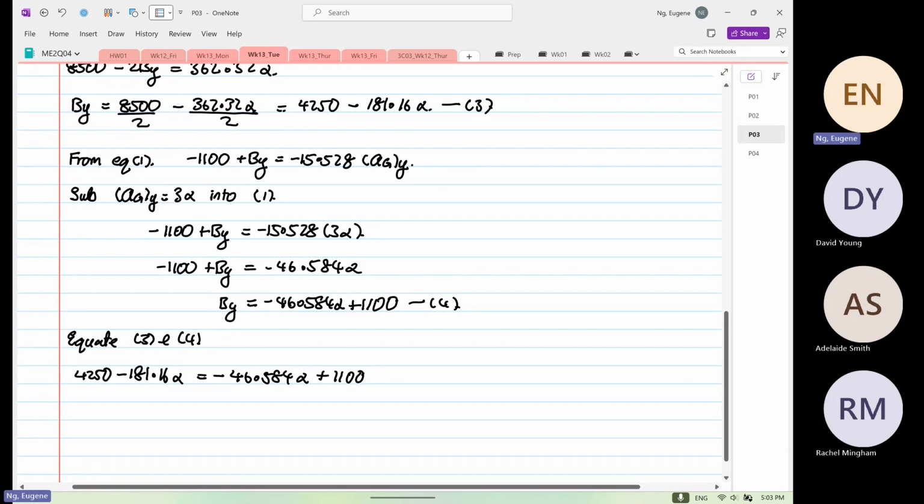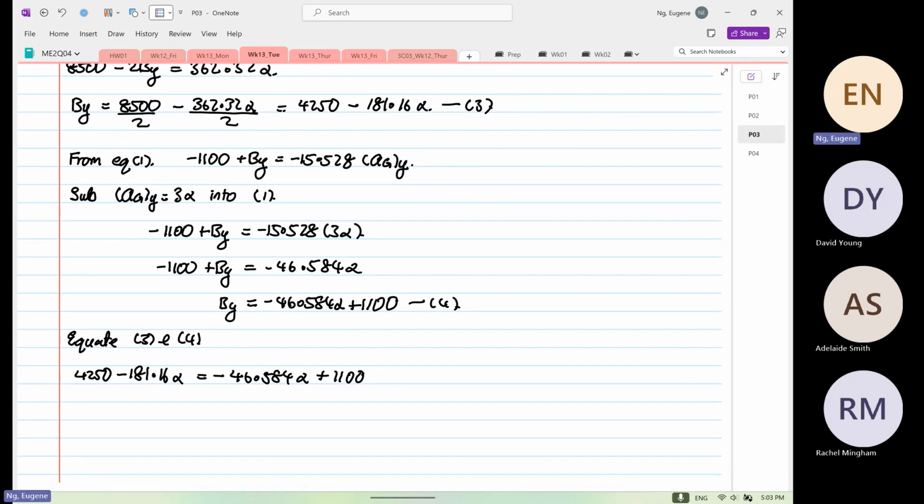So 181.16 minus 46.584 is equal to 134.576, so minus 134.576 alpha. And 1100 minus 4250 is equal to minus 3150. Okay, so alpha is equal to 3150 divided by 134.576, which is 23.4